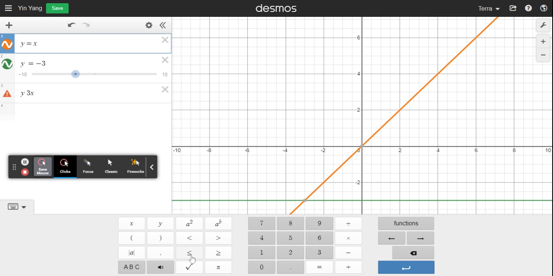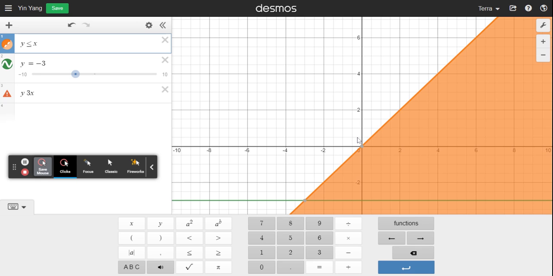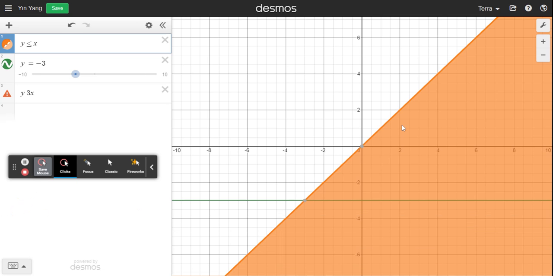So I'm going to get a less than or equal to sign. And, oh, I chose this graph. So that was y is equal to x. So I'm just going to copy and paste that in where my equal sign was and delete that one. And you'll notice over here on my graph, I'm going to get rid of my keyboard,